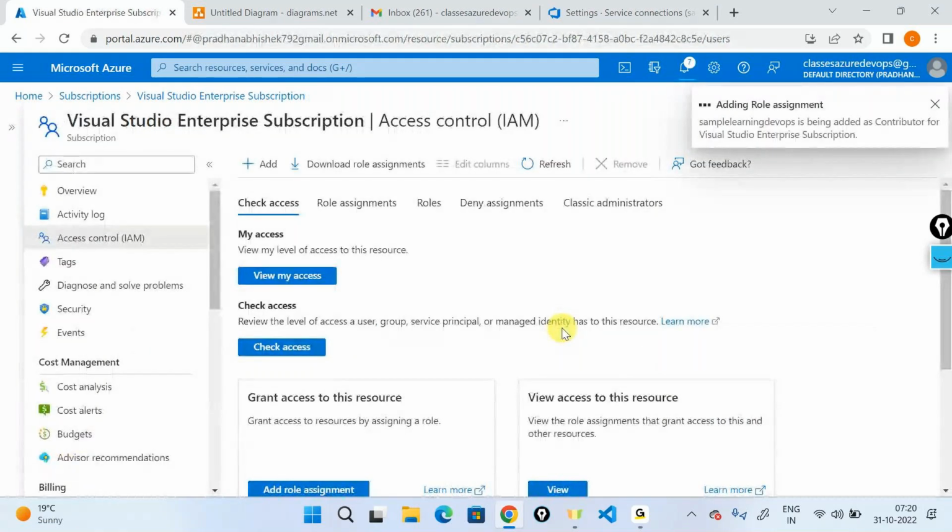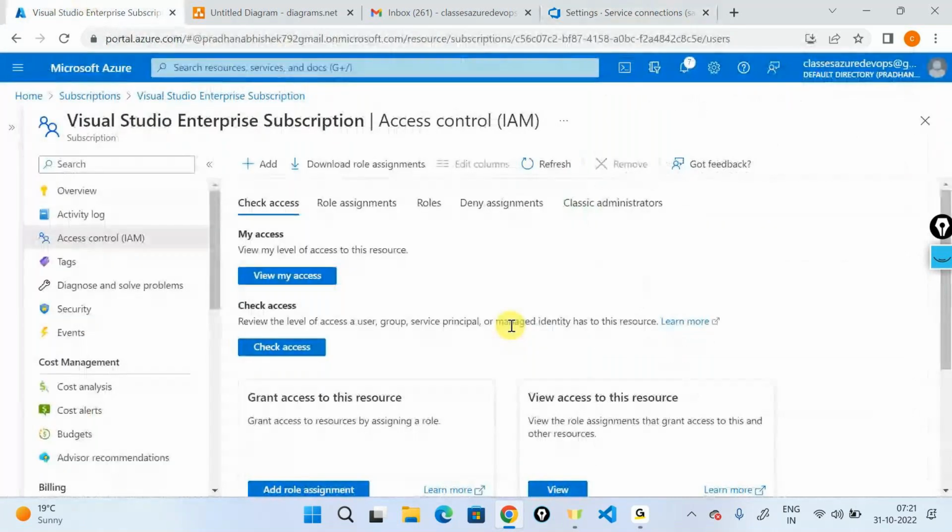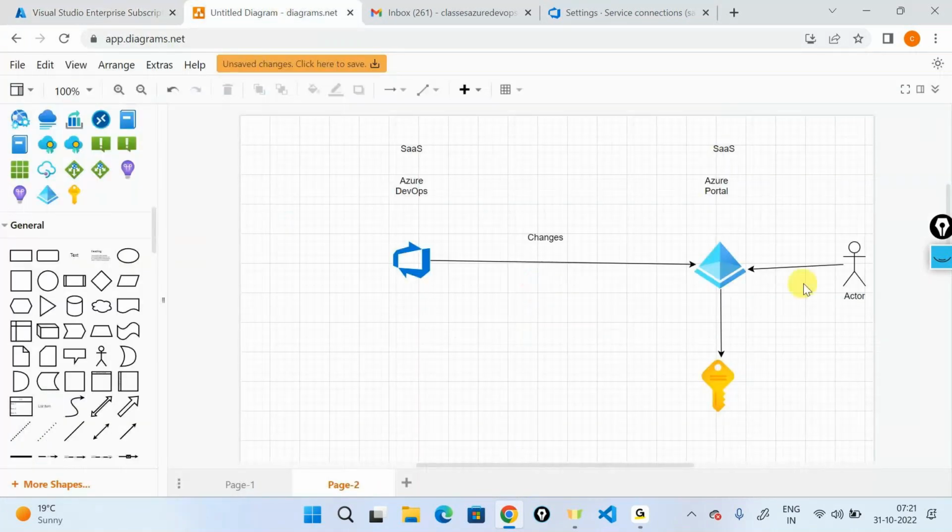So now I created something called an app registration or a service principal. I created a secret for that particular service principal. I'm using all those credentials in Azure DevOps, and I have also assigned role-based access control to that particular service principal out here. This is something that you have to do in order to establish this connection between the Azure DevOps and the Azure portal. So on the DevOps side, I'm creating something called a service connection,